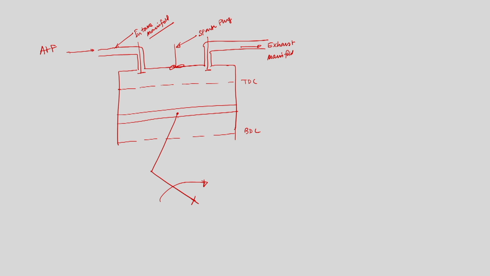So what are the different strokes? I will discuss and I will write in detail. Initially the piston is coming from TDC to BDC during the intake stroke. So let me first discuss the intake stroke. During the intake stroke, the piston is coming from TDC to BDC, the inlet valve opens, the exhaust valve remains closed. A vacuum is created inside the engine cylinder, and because of the pressure difference, fuel and air in case of a SI engine, only air in case of a CI engine, will be introduced into the cylinder.